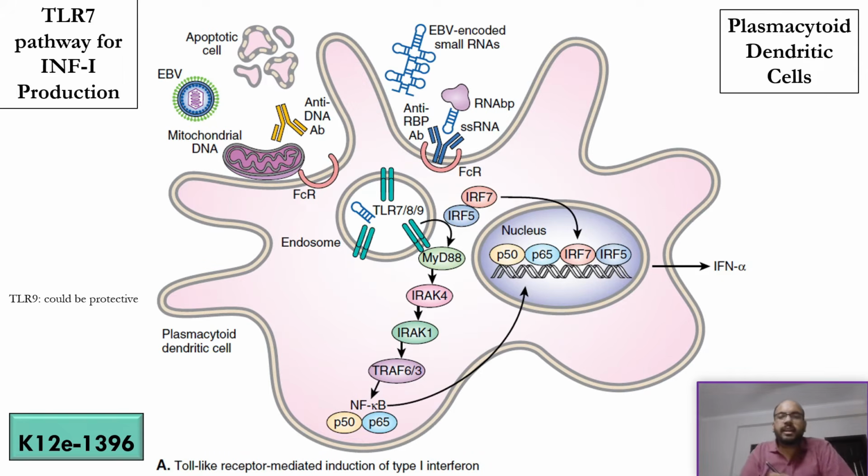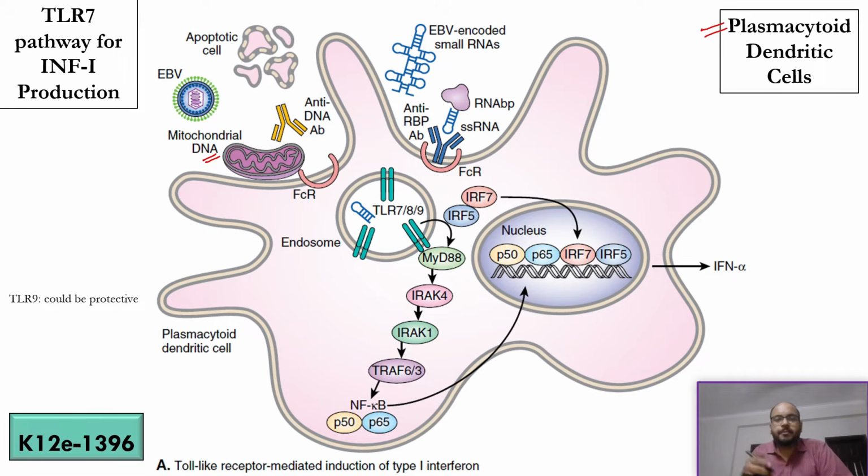Now, look at this diagram. This is a diagram of plasmacytoid dendritic cells. It shows all the methods by which toll-like receptors can get activated. You have the mitochondrial DNA, and you will ask why is mitochondria outside the cell? Because this mitochondria has come from other cells which have been destroyed. All these cells undergoing apoptosis release their debris in the circulation, which can be recognized by plasmacytoid